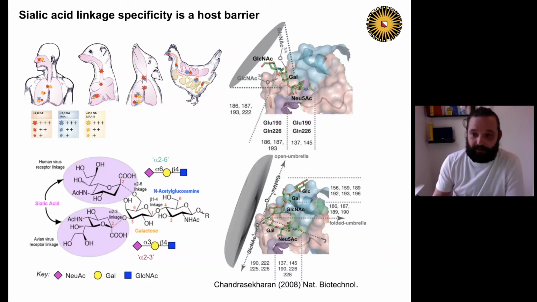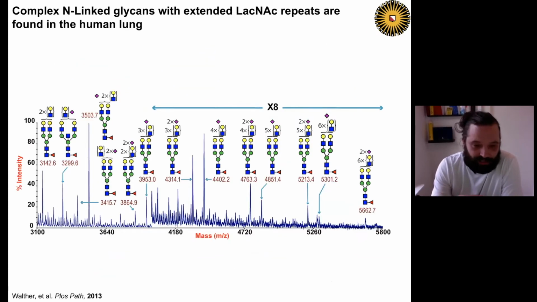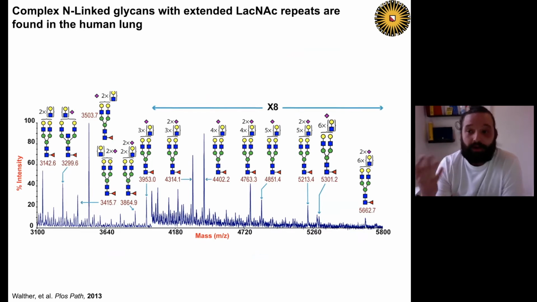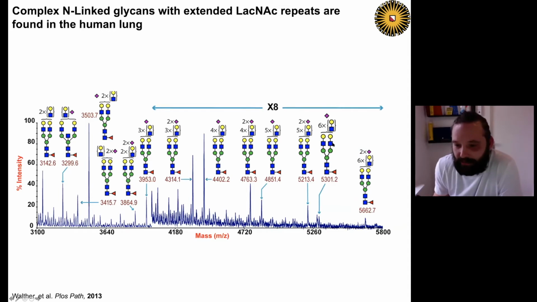And this is the receptor binding specificity, whereas indeed sialic acid lies in the receptor binding pocket in all these different subtypes in the same way. And if we look at what kind of N-glycans are present in our respiratory tract, this is a study from almost a decade ago where they actually grind up lung tissue, so we don't know where these N-glycans are. But interestingly, what we do see is that you have these very complex N-glycans with multiple LacNAc repeats.